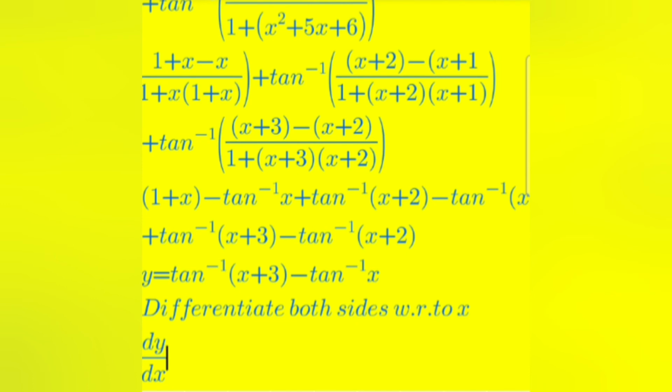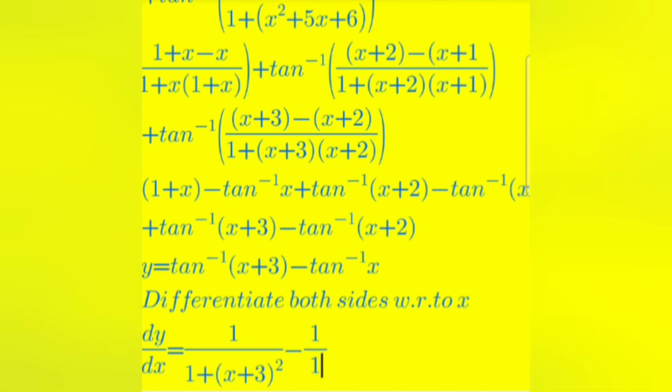And that is equal to the derivative of tan inverse (x plus 3), that is 1 over 1 plus (x plus 3) whole squared. And same as for the second part, it will be 1 over, this is the tan inverse x, so the derivative is 1 over 1 plus x squared only. Okay, now at the point 0,